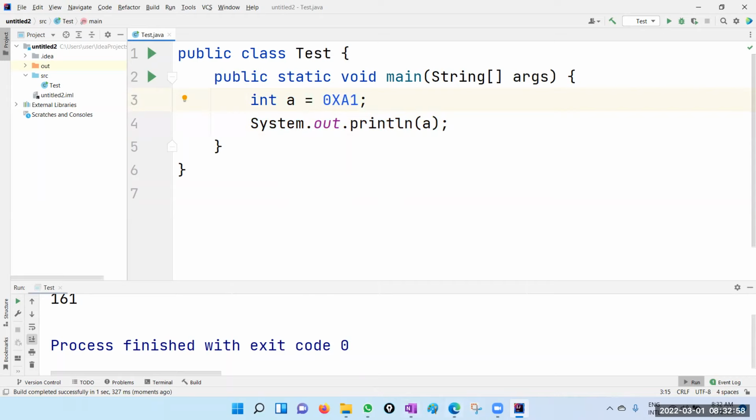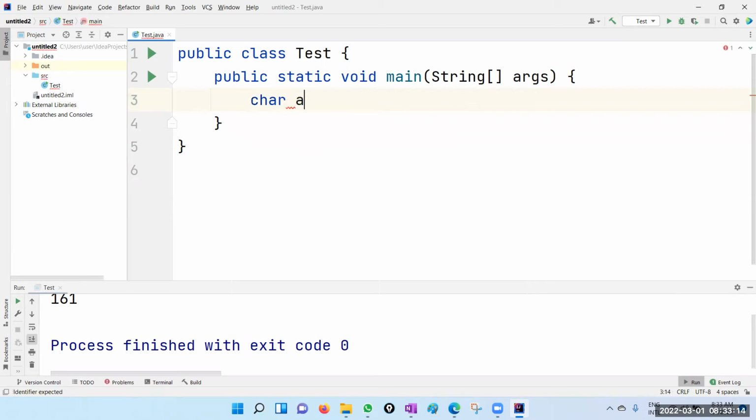Right. So that is something you have to remember. So you can put it in binary, octal, hexadecimal as well. The other thing is the char. So when it comes to char, you can give it in 3 ways. Either you can give the character in single quote,